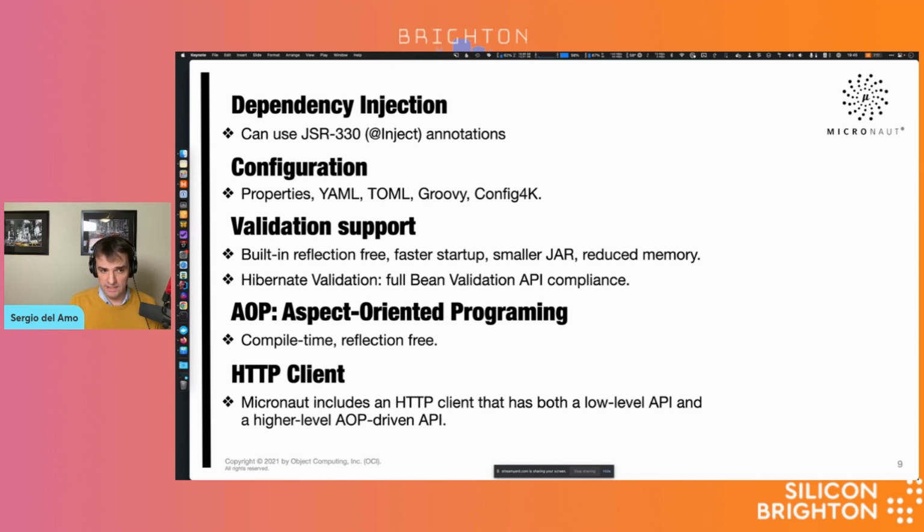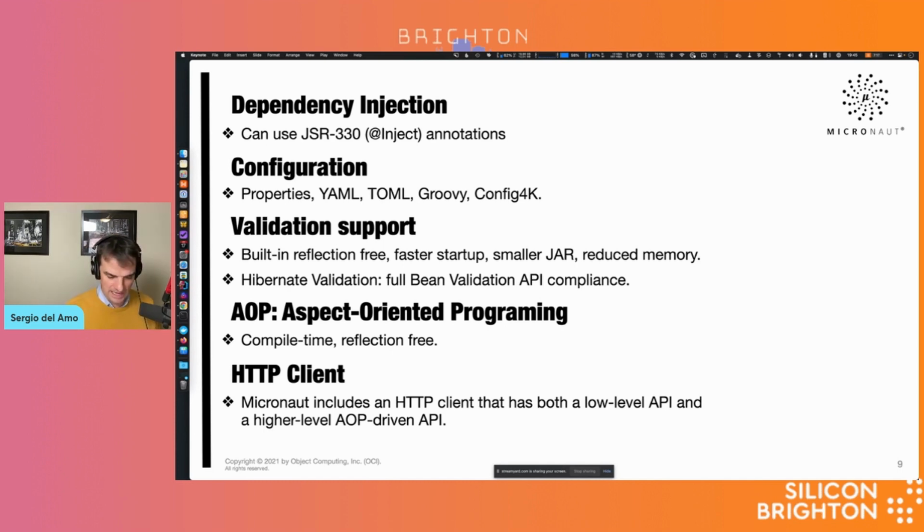Validation support is reflection free. We support a subset of the Bean Validation specification. If you need the full Bean Validation specification, you can use Hibernate Validator, which is the reference implementation, with Micronaut as well. We support AOP completely compile time and reflection free, and it's actually quite easy to build your own custom AOP